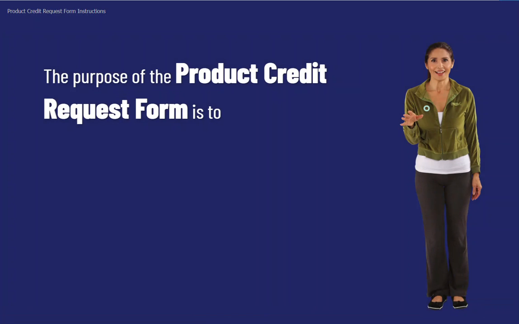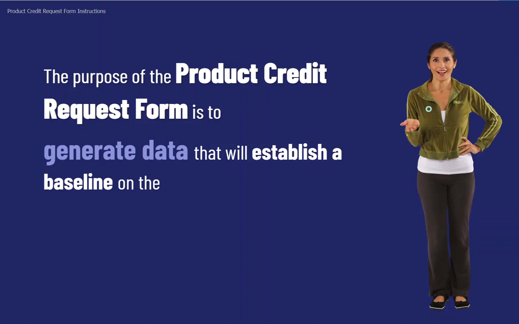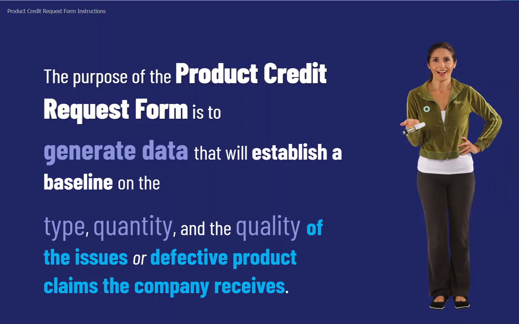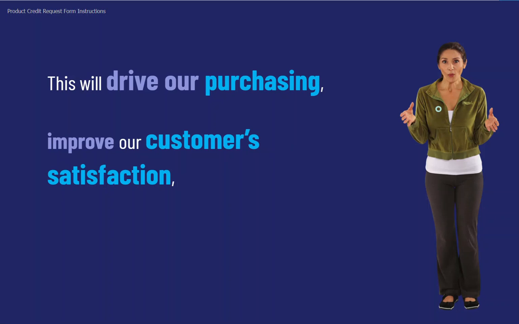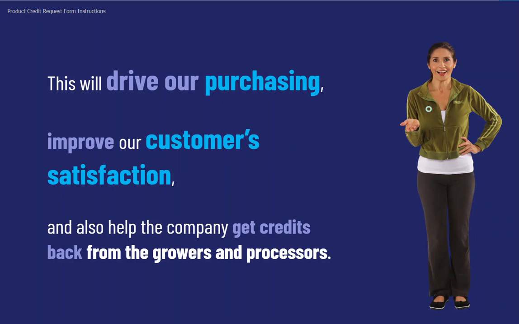The purpose of the product credit request form is to generate data that will establish a baseline on the type, quantity, and the quality of the issues or defective product claims the company receives. This will drive our purchasing, improve our customer satisfaction, and also help the company get credits back from the growers